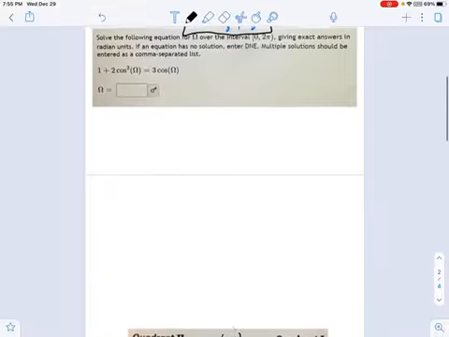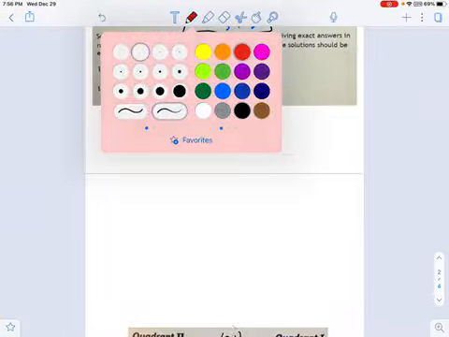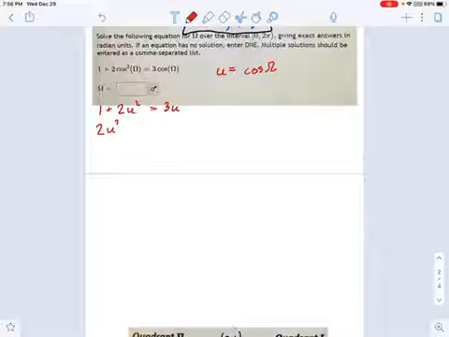Solve the following equation, exact answers. Okay, so just the normal thing. And now there's only one function, cosine. So if you want, you can go ahead and do a u substitution here. I think it makes it a little easier on the eyes anyway. 1 plus 2u squared equals 3u. Well, that looks a lot like a trinomial to me. It just isn't all on one side. So I'm going to move things around, as usual.